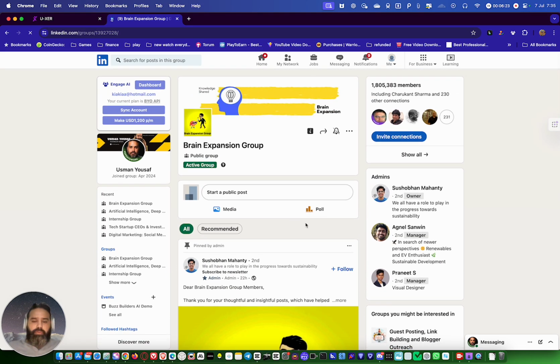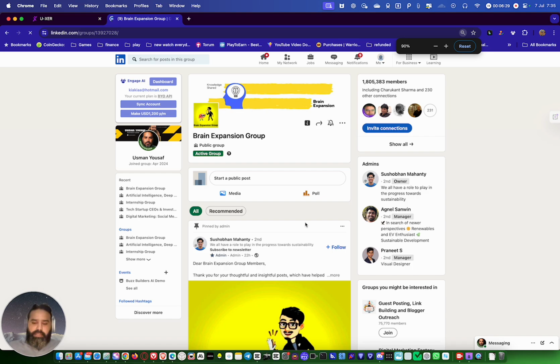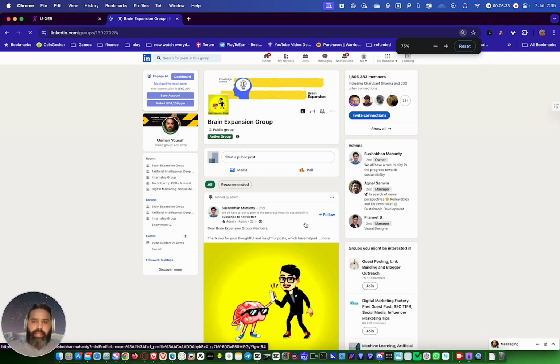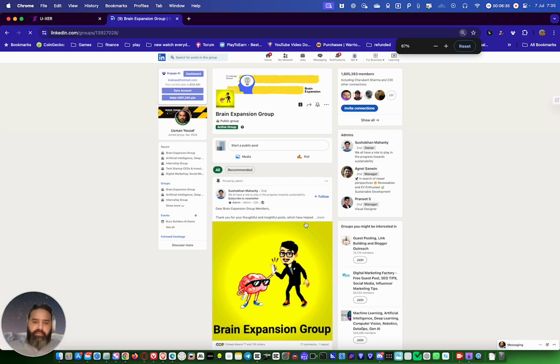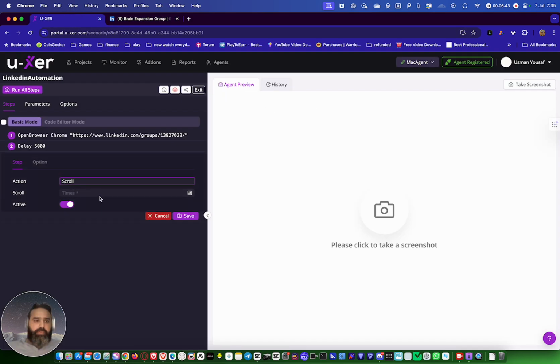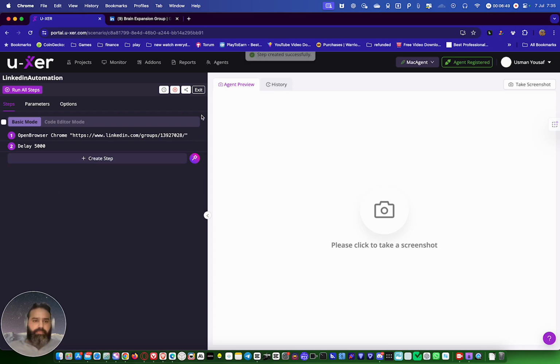So first of all, you have to reduce the size of this browser. So you press command plus minus. Make it at least 75 or 67%. For me, 67 works the best. So now what we do, we scroll it like 25 times, save it.